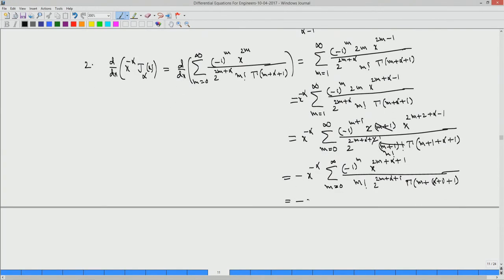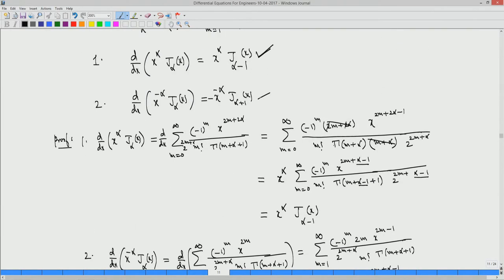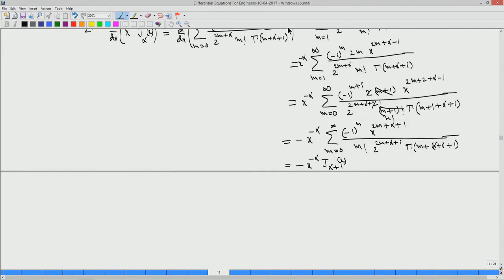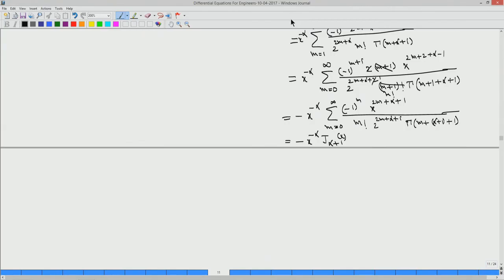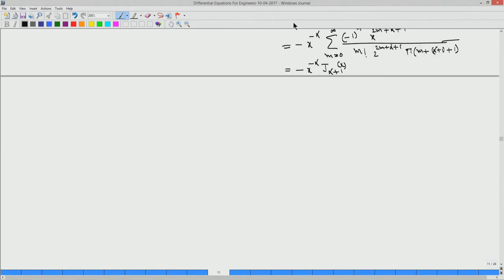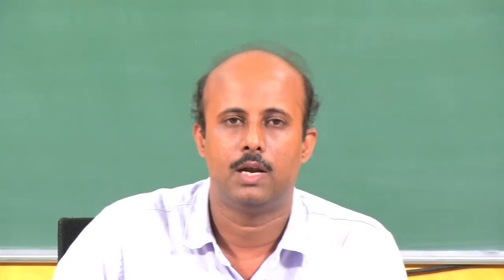This is nothing but minus x to the power minus alpha J alpha plus 1 of x. This is what you need. So this is your second property. Using this, we will show, we need these properties to show the orthogonal property of these functions, just like you